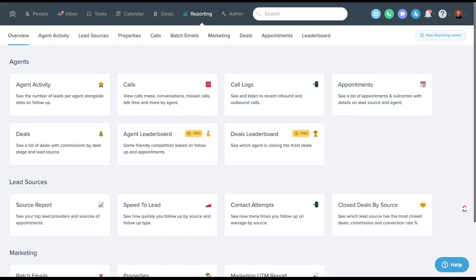Let's have a look at the Follow Up Boss reporting and some of the recent changes. Recently, Follow Up Boss set this new screen up. So when you click on reporting, this is predominantly for admin and owner level users. But if you click here on reporting in the top menu, it's going to bring you to this screen now